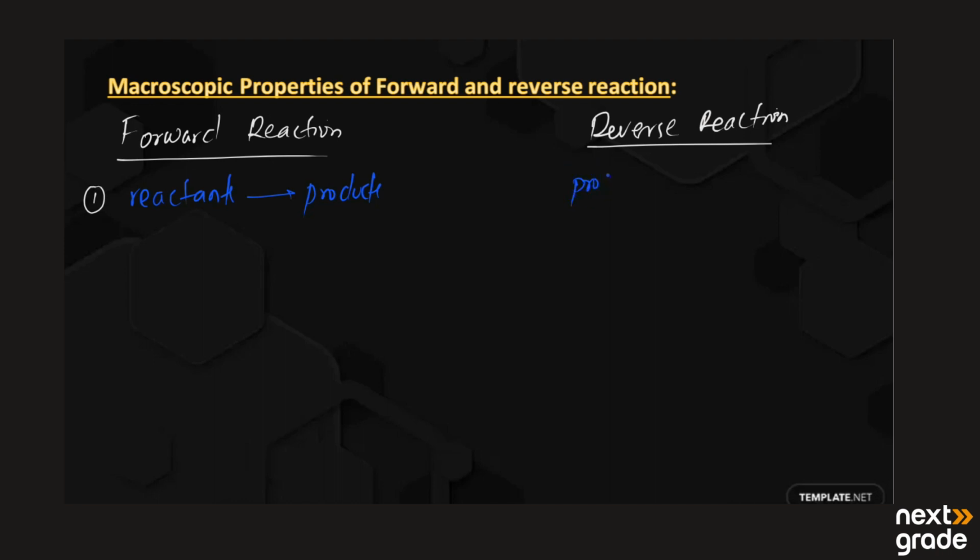In this, the products form the reactants. So this is a simple property: reactants change to products, and in reverse reaction products change into the reactants. Second property, the forward reaction takes place from left to right. On the other hand, the reverse reaction takes place from right